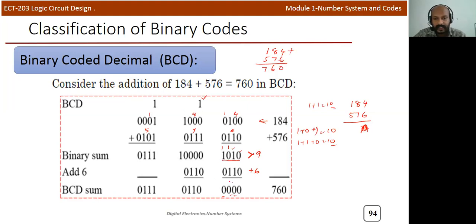So now we can see that this is 0 0 0. This value is not a valid BCD code. Okay, that's a problem. This is not a valid BCD, so that's why we are adding 6 to that.